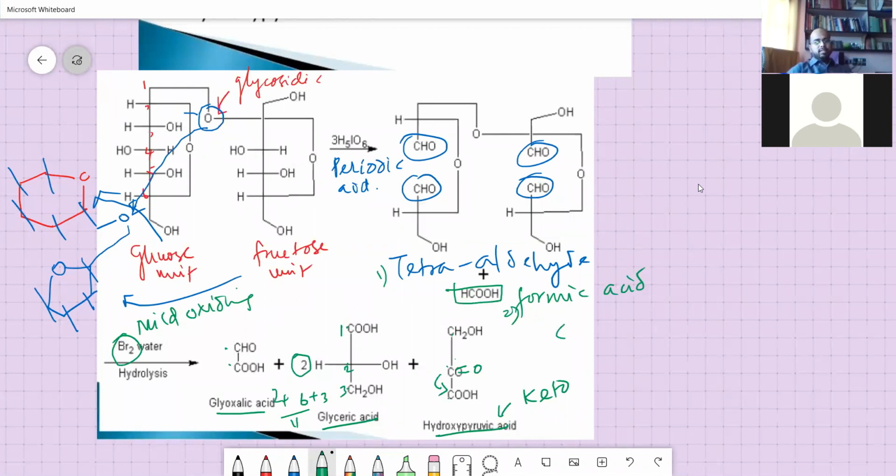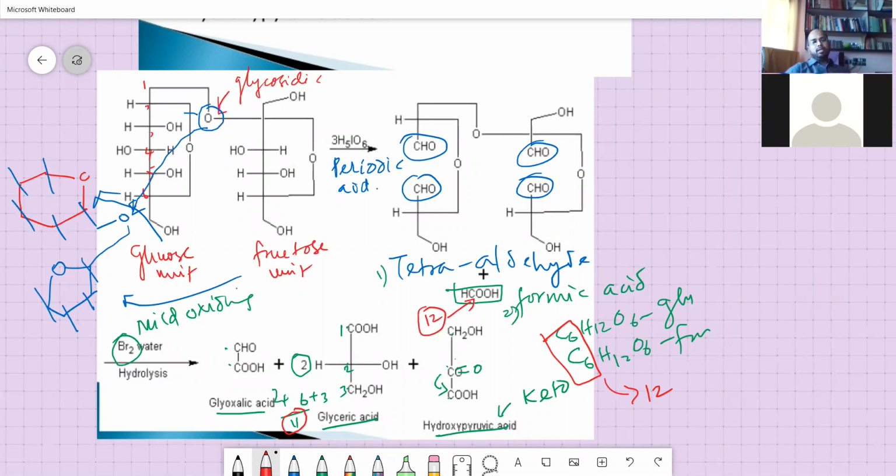Glucose formula C6H12O6. Fructose formula C6H12O6. Right? This is glucose. This is fructose. C6, 12 or no? 12 you should get. But how many are you getting? 11 you are getting. Where has one other gone? Another carbon atom is this one, the 12th one. Okay, so 12 carbon atoms you are getting, and you are establishing the number of carbon atoms in the entire